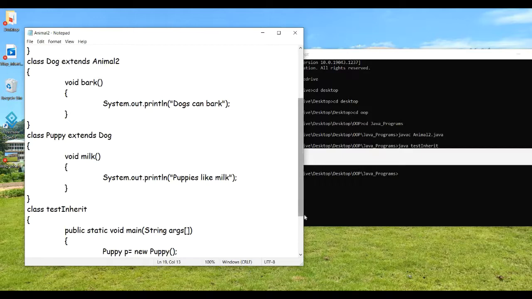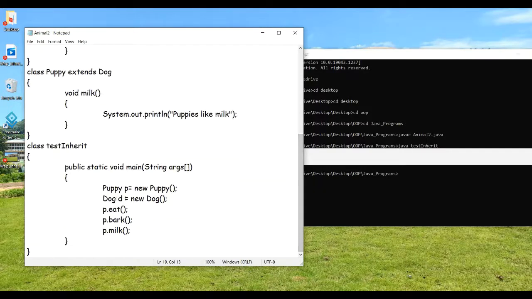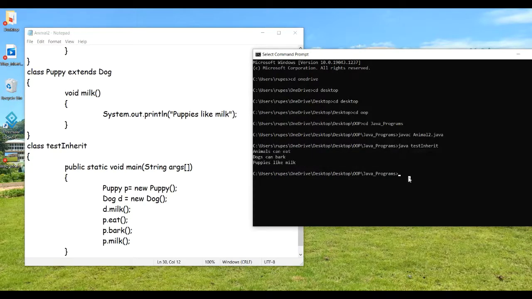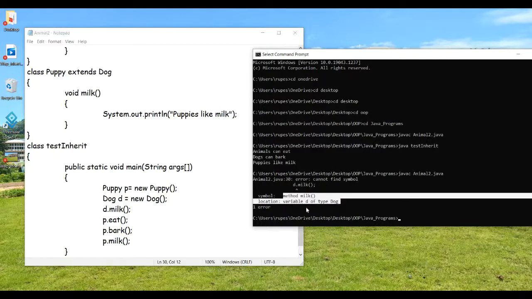Now if I create an object d of the dog class, and I try to access d dot milk, a method which is there in puppy, I have not inherited puppy within the class dog, so let us see what result it gives. It should throw an error saying that it cannot find the symbol, method milk, because d is of type dog.